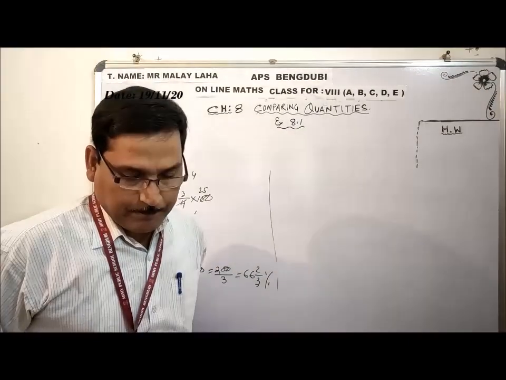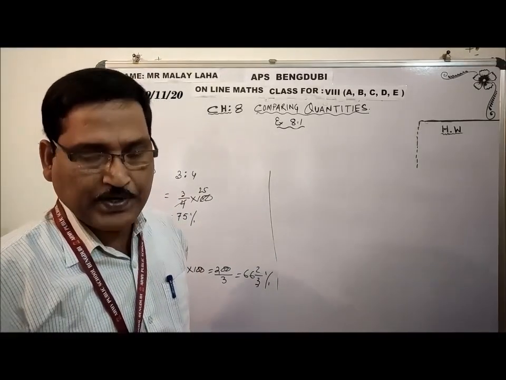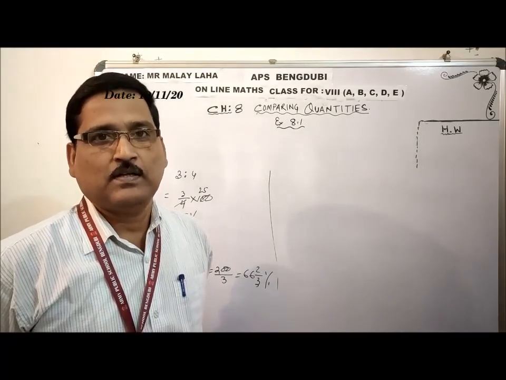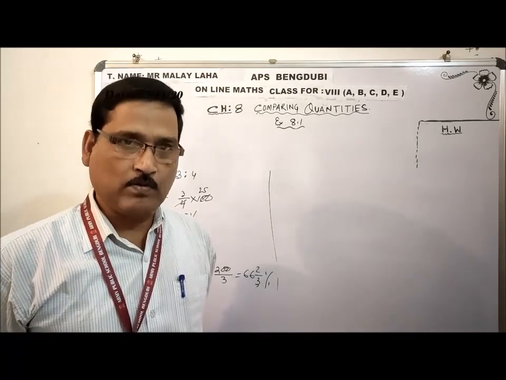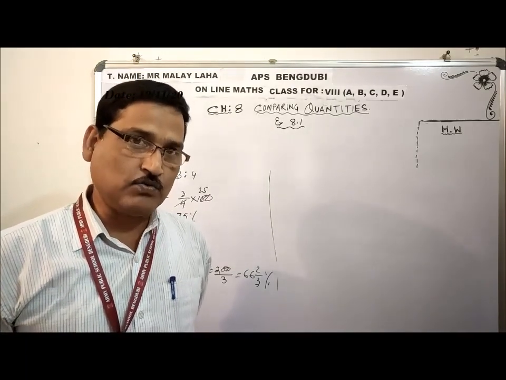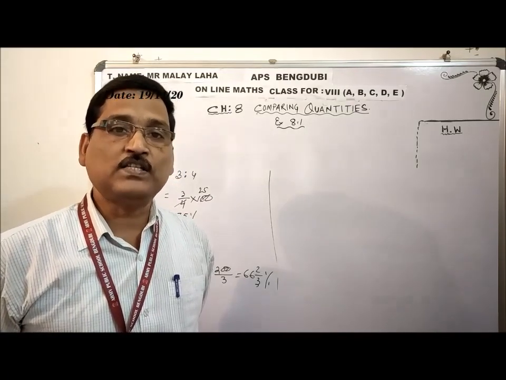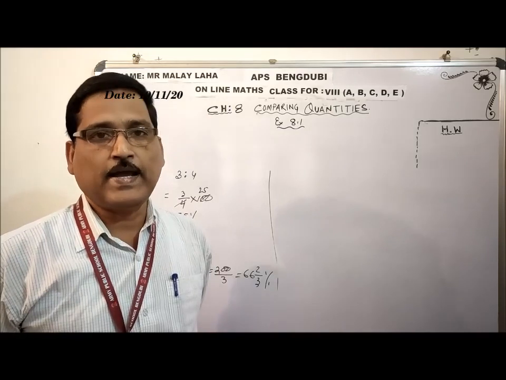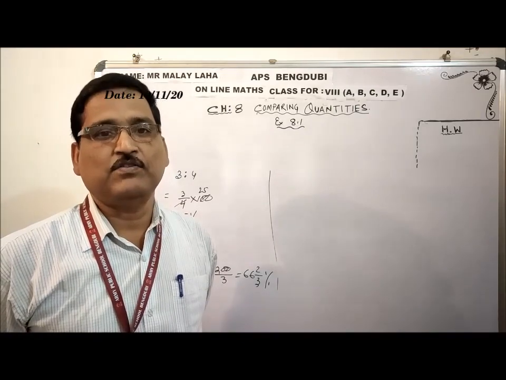Now the next question is that 72% of 25 students are good in mathematics. Find the number of students who are not good in mathematics. This question I can do in 2 ways. Which percent is given? Good. 72% are good. Then what percent is not good? 100 minus 72, 28% students are not good. Now, what is the total strength? 25. Now you have to find the value of 72% and 28% out of the total 25. Then you will come to know.